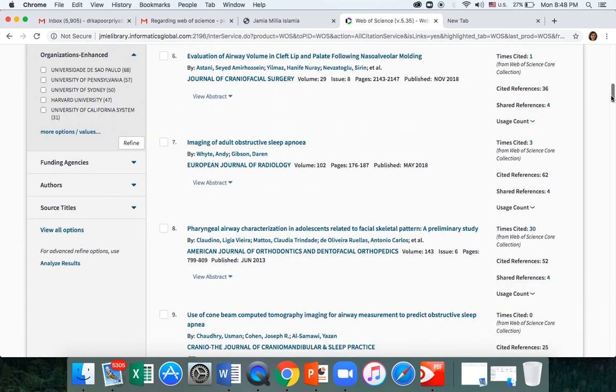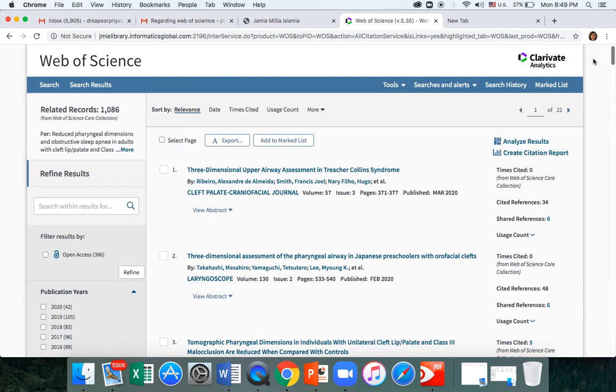I recommend everybody to use Web of Science, at least when you are doing a systematic or a scoping review. This is really going to benefit your research. So you see, you have widened your search. Yes, you will have to study more, but then you will also be including all the relevant articles in your search.